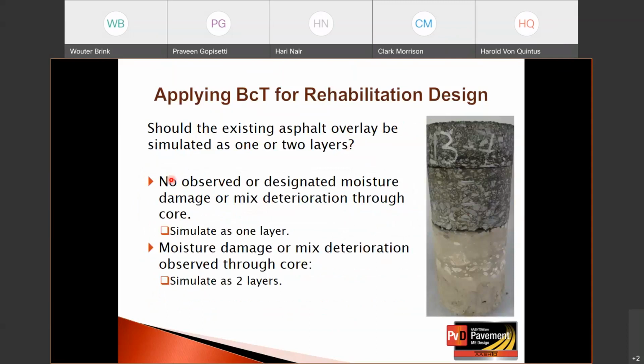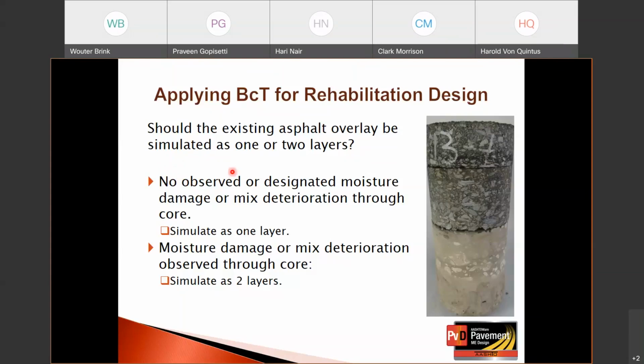For many overlay projects of rubbleized PCC layer, crack and seat PCC layers, as well as overlays of existing asphalt concrete surfaces, the overlay can be and should be subdivided into 2 layers, because some of the lower layers may be exhibiting moisture damage or some type of deterioration in that layer itself. So it's better practice